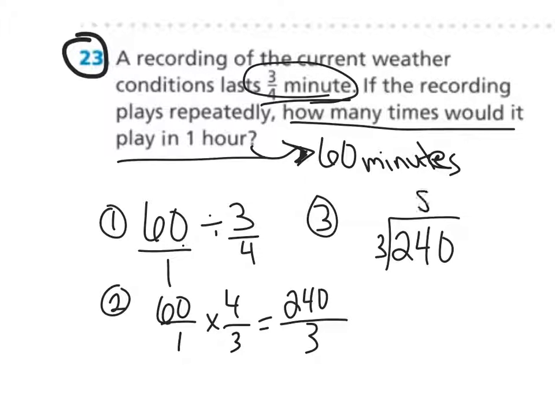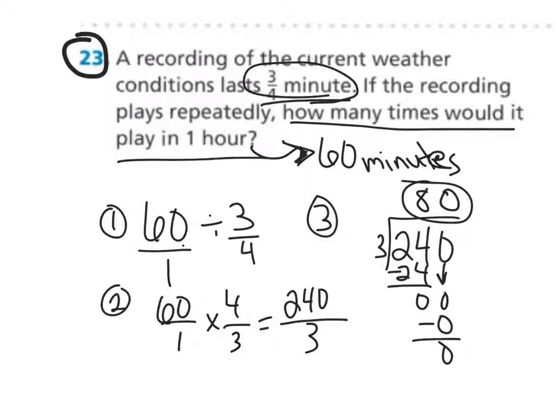Would go 8 times, good. And then 3 goes into 0, 0 times. That takes us to the end, and we don't have anything left, so it would play 80 times